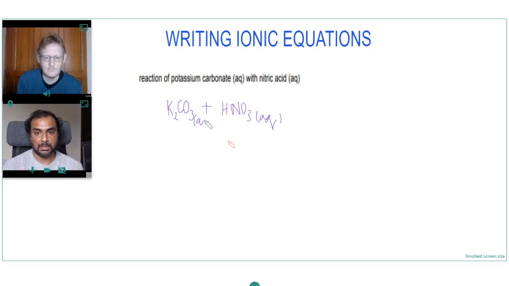State symbols aq, aq. I'm live, so a little bit of stage fright, messy writing, but no big deal. I'll just correct that with the edit tool. Gonna put a forward arrow using the arrow tool. All right, so potassium nitrate,